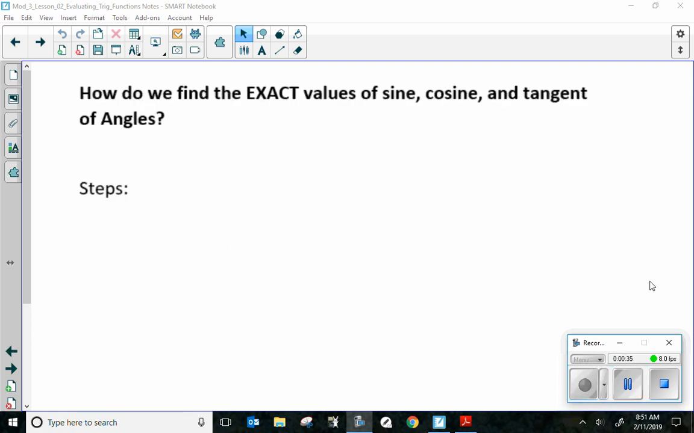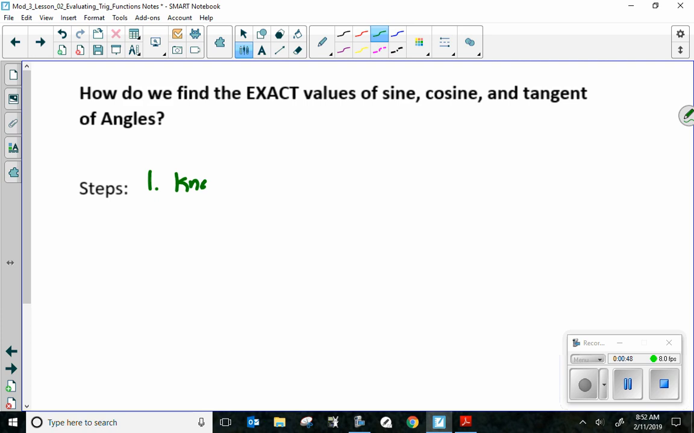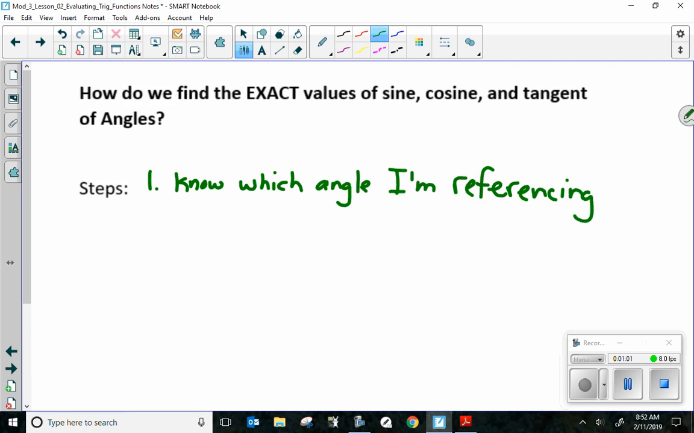In order to find exact values of sine, cosine, and tangent, we need to know a couple of things. And this is how I do it. You may do it differently, but this is just the way I do it, okay? For me, one, I need to know which angle I'm referencing. So in a triangle, I need to know where the 30-degree angle is, because after I figure out what angle they're asking me to find the exact value of either sine, cosine, or tangent of,